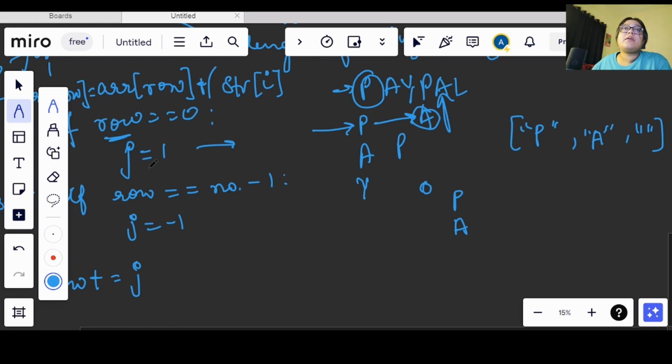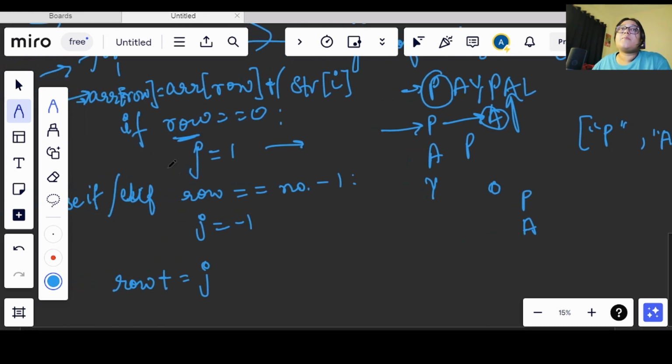After that, again, row will increment and it will become 1. We have not met this condition, we only have this condition right now. So again we will add the value 1 to our row.